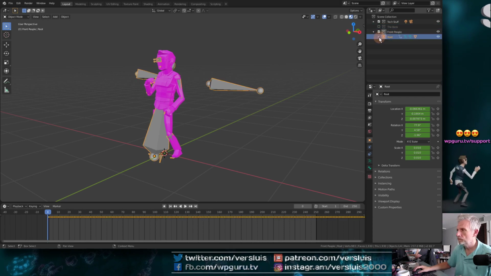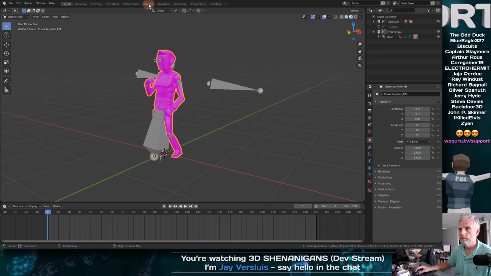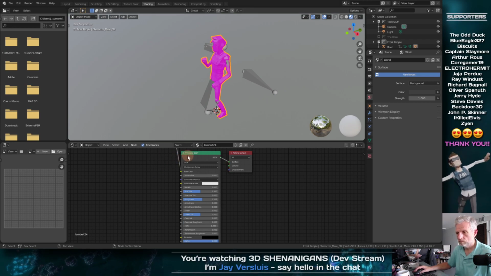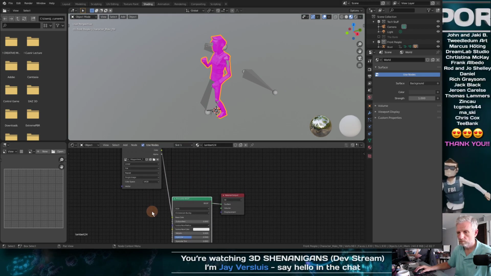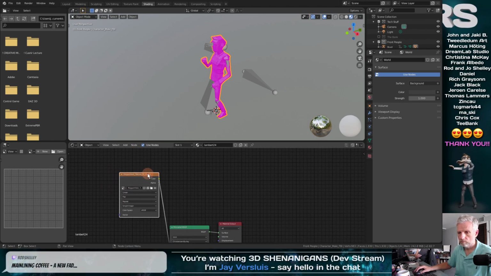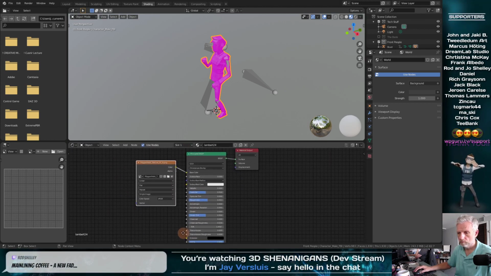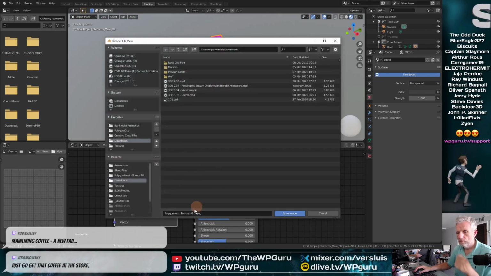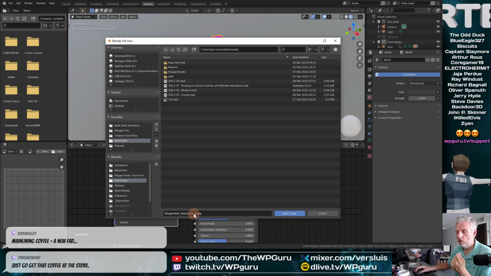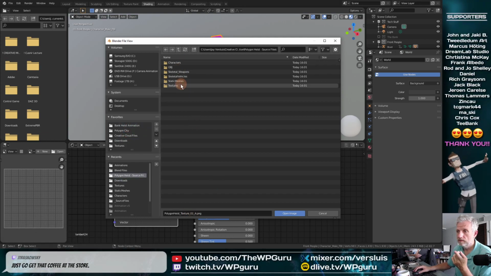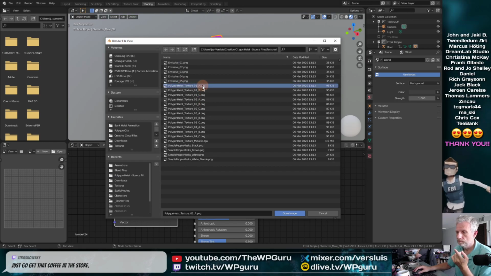Let me give him some materials here. He is Polygon Heist Texture 01, and that is Heist Texture 01.